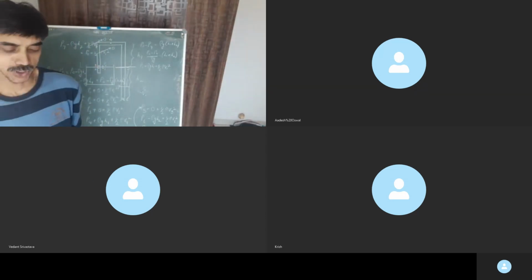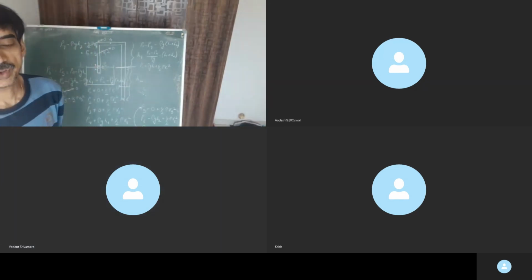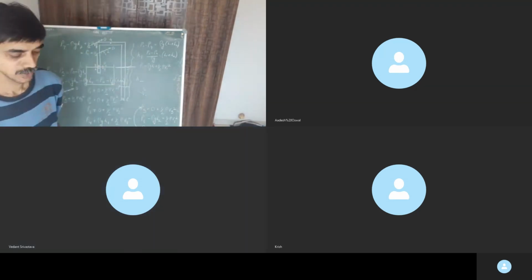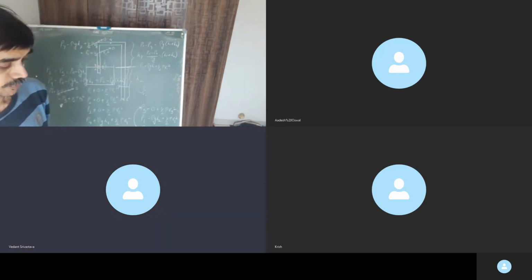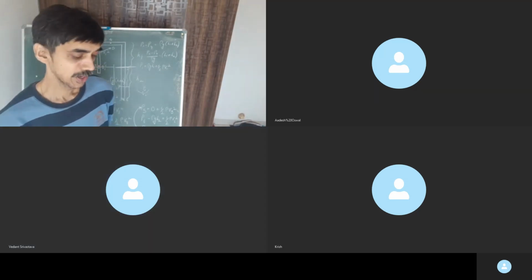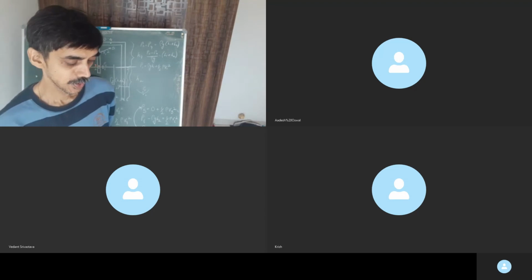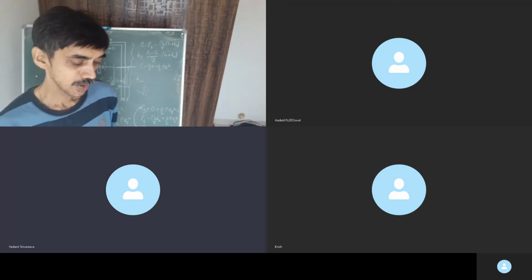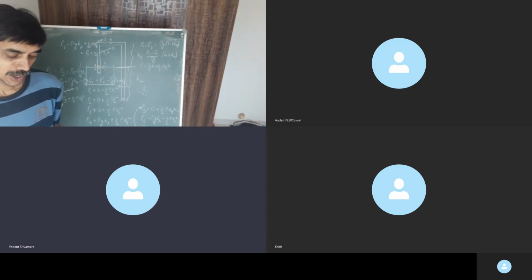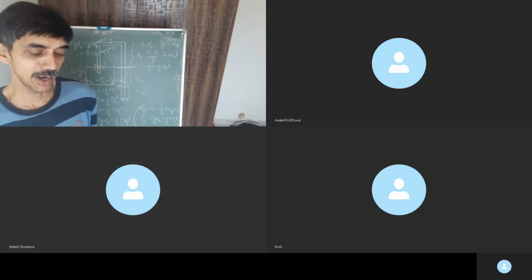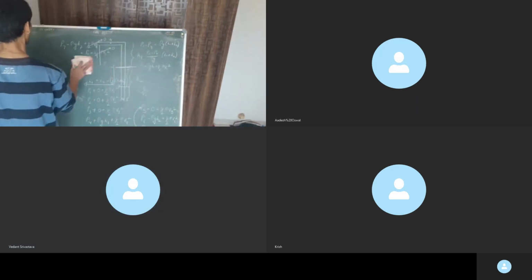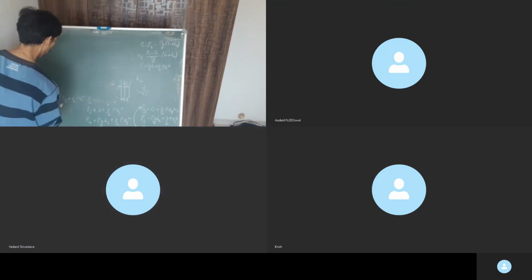Surface tension of L1 is 2T, and L2 is T. Height to which, the question has been, height to which liquid L2 will rise from lower end of the tube